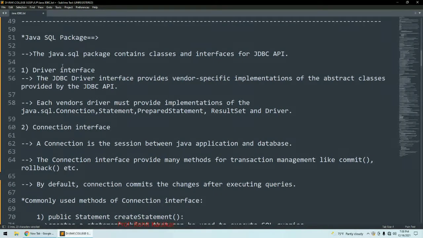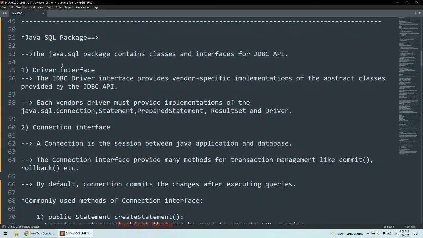All such interfaces and classes are grouped together in a package, and that package is the java.sql package. At the start of your program, you need to import this package, so all the interfaces and classes from this package will be available for use within your program.